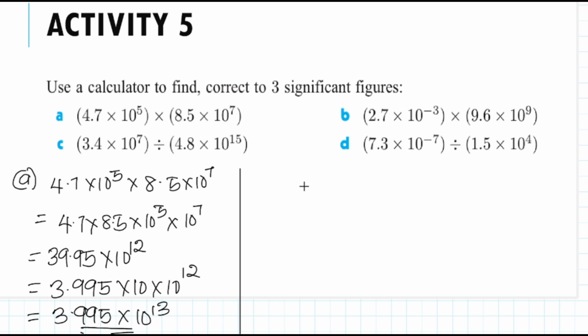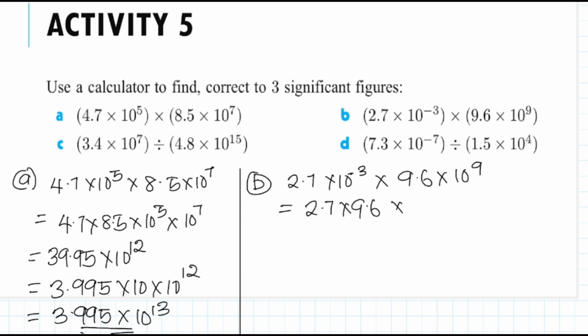So let's take one more. Let's take B. 2.7 times 10 raised to the power minus 3 times 9.6 times 10 raised to the power 9. So this will be 2.7 times 9.6 times 10 raised to the power minus 3 times 10 raised to the power 9. And use calculator to multiply 2.7 by 9.6, and the answer is 25.92. So that will be 25.92 times 10 raised to the power minus 3 plus 9,